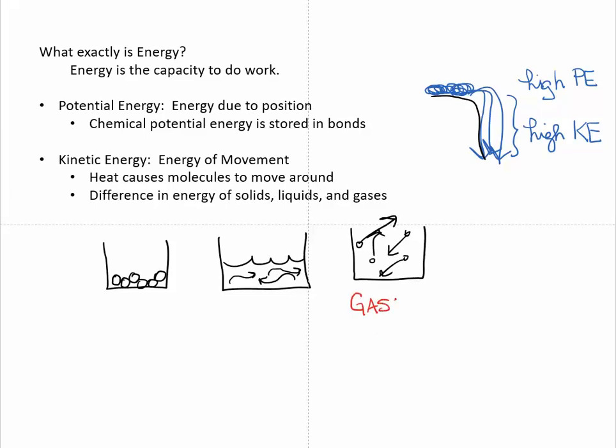Gases have very, very high kinetic energy. They're moving around rapidly. Those gas particles are colliding with things. That's what it means to have energy of movement to a chemist. Over here, the solids would have the lowest amount of kinetic energy. There is some movement. You really don't stop molecular movement unless you're at absolute zero. So there is movement of the molecules even in a solid, but they're not moving very much. So they have very low kinetic energy.